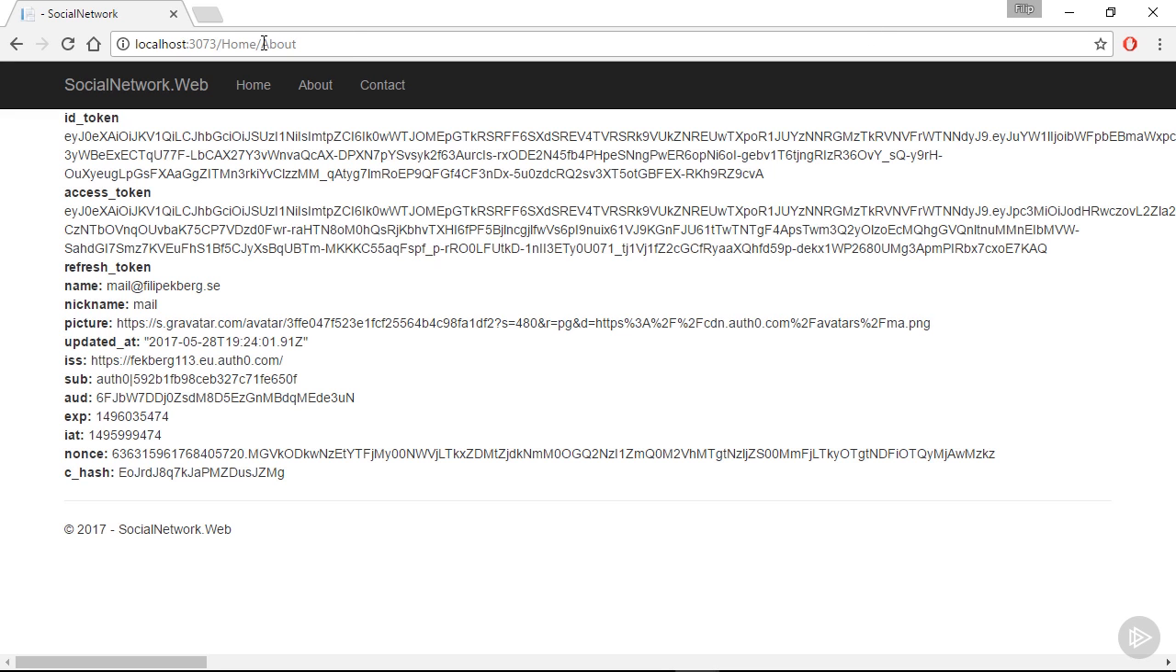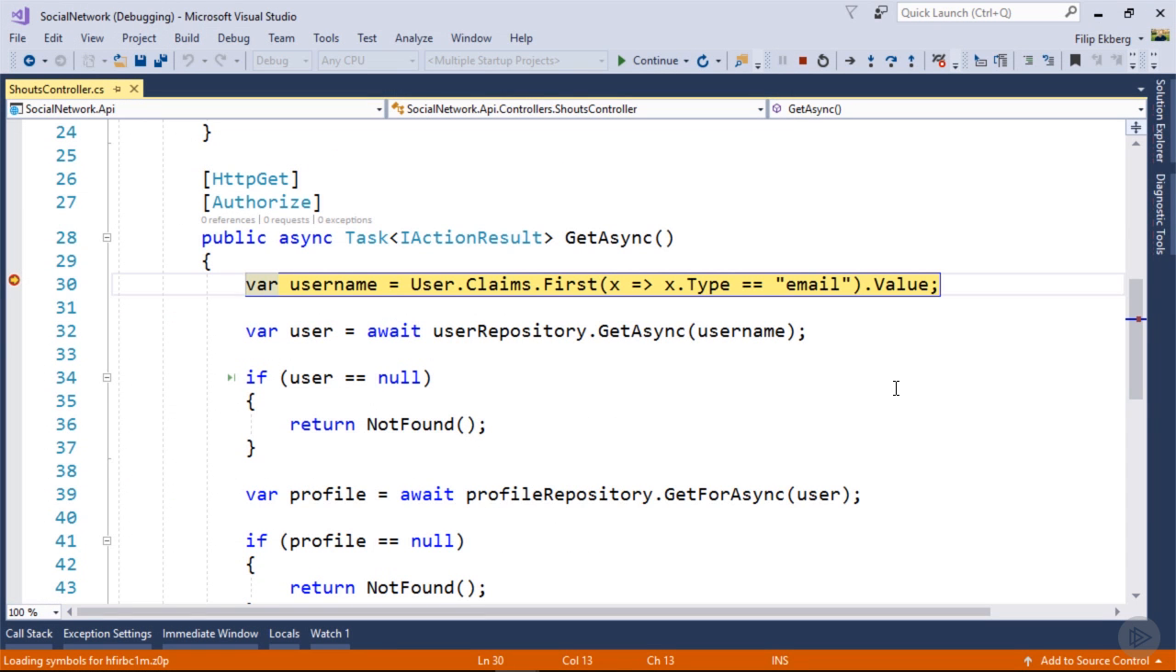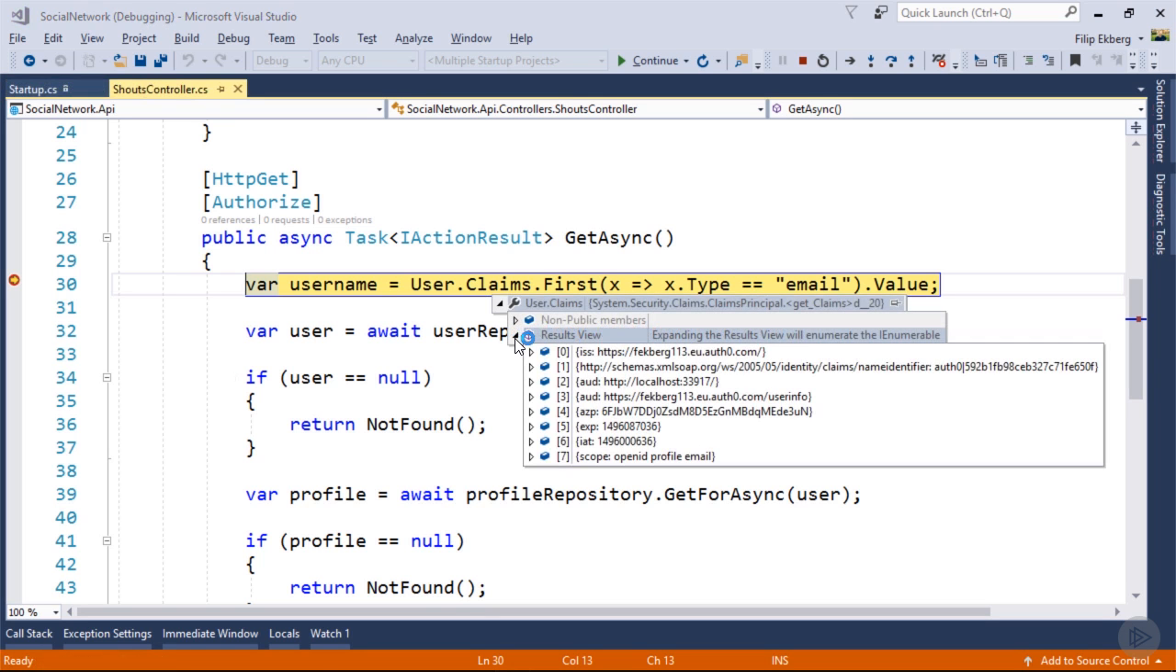So now let's see what happens when we run /home/shouts. So let's have a look at why that's not working. Let's jump into Visual Studio and add a breakpoint within our action inside our API and see what happens. So we got a breakpoint inside our shouts controller inside our API, and we've reached get async here, so we know that we're authorized. I'm betting here that we don't have the correct claim. So let's look at our claims that we get here. So as we see here, there's in fact no email address,